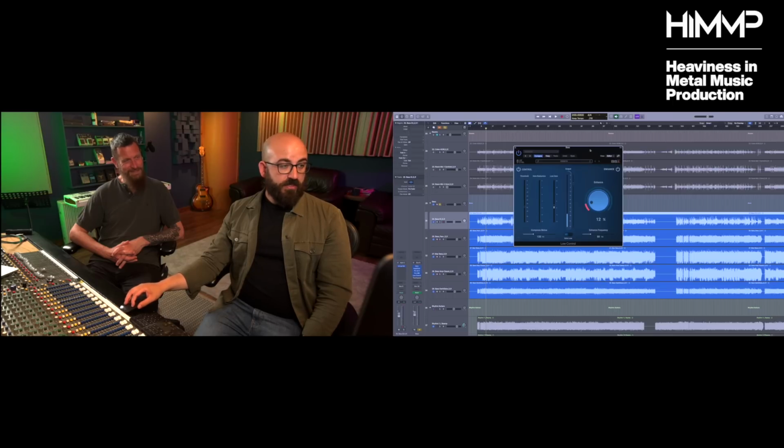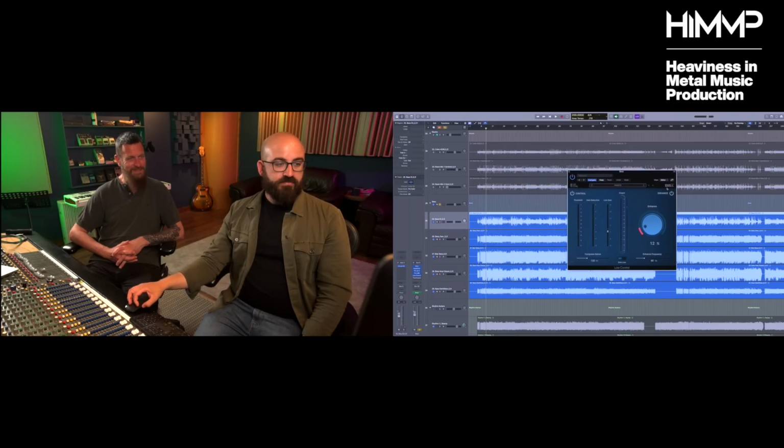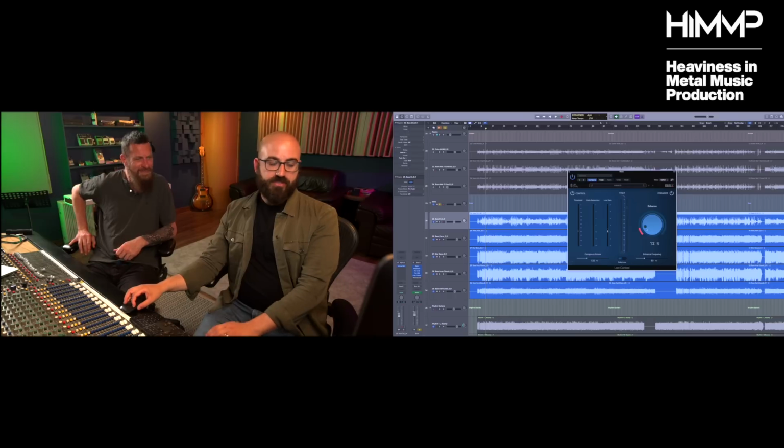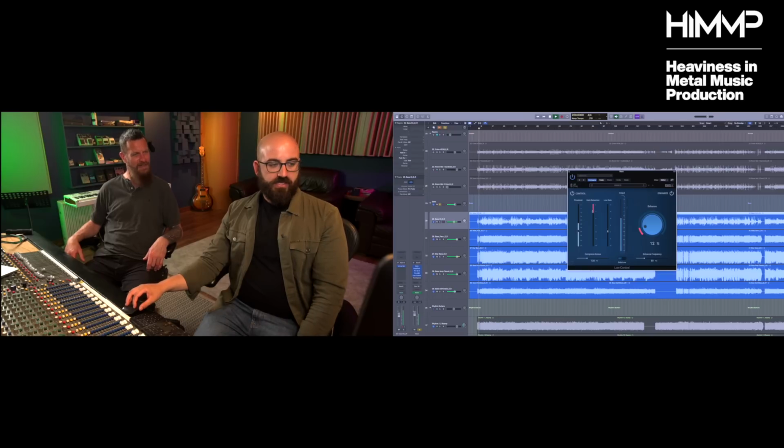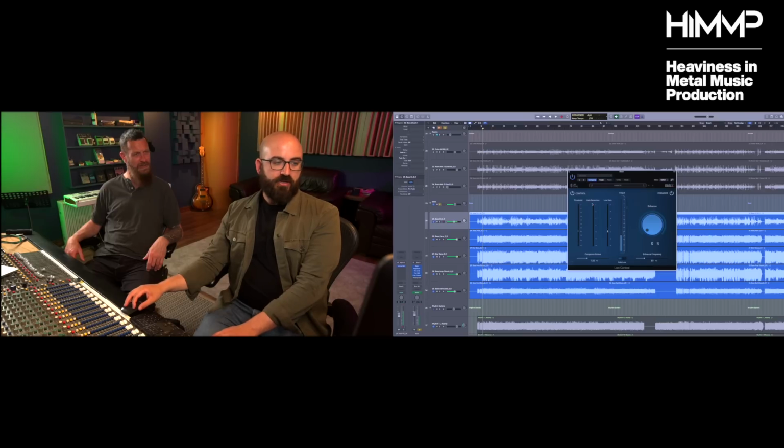Then I love this plugin. It's made by a friend. It is a low end compression, and then you've got this big low end bump that you can add afterwards. So it's just doing that low compression thing. So you can see here, if I turn that down, it's compressing the low end by like 2, verging on 3 dB, and I'm compensating for that. Okay. But then this enhanced frequency just throws in this really delicious 80 hertz that I love.